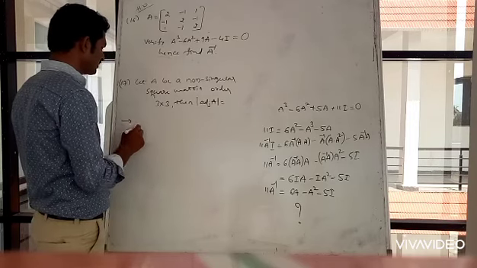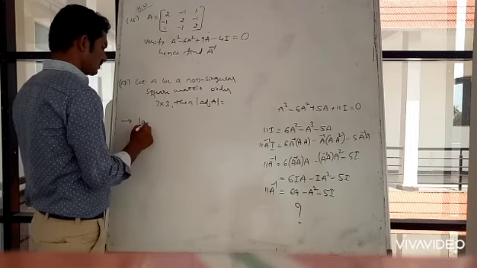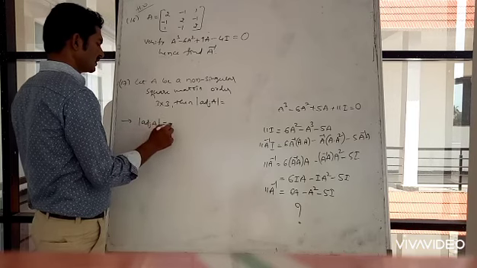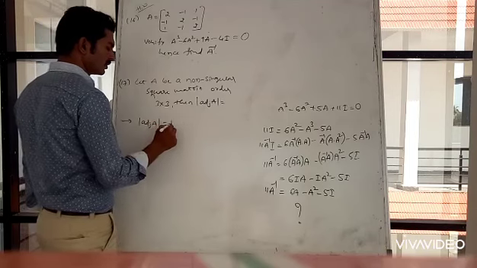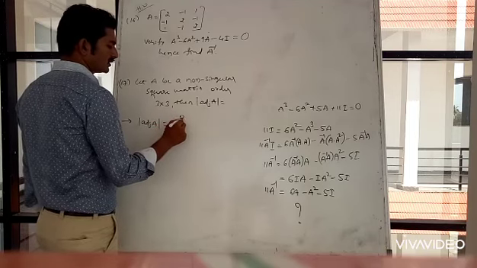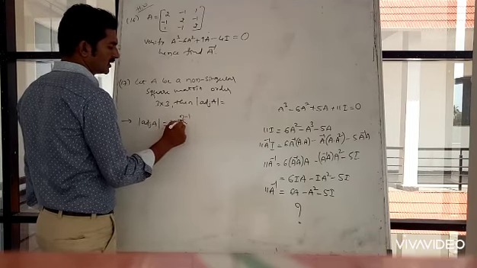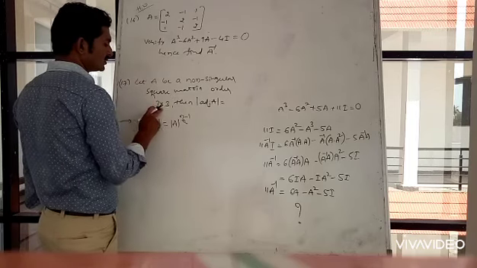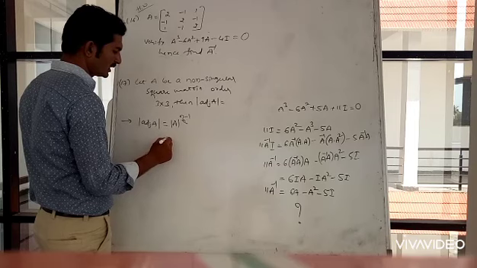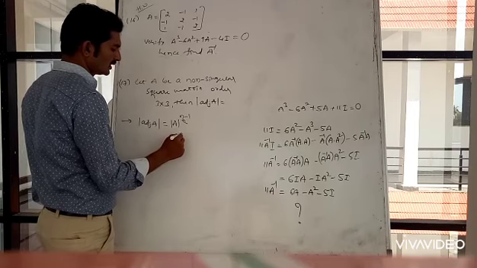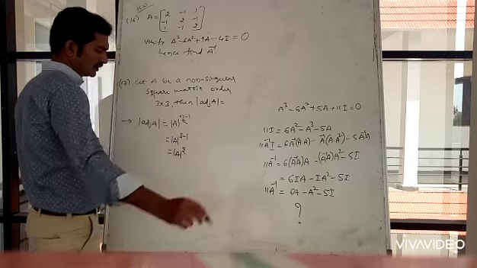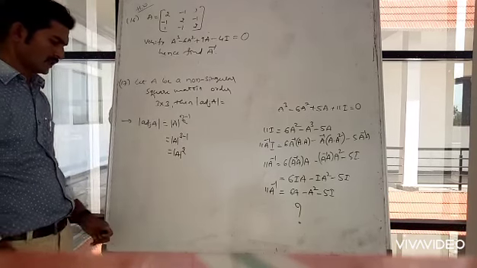Yes, we know the formula. Adjoint. The note we discussed yesterday. Determinant of adjoint of A is equal to determinant of A to the power n minus 1, where n is the order of the given matrix. Here order is 3 cross 3. So substitute n is equal to 3, minus 1. So the answer is determinant of A square. Okay.